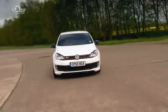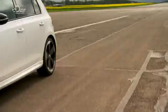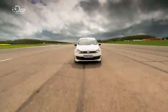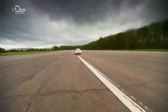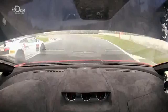Would you notice that on an everyday drive if you weren't doing a back-to-back fuel comparison? Probably not. Purely in terms of power delivery in this Golf GTI, I don't think posh petrols are worth the money. Filling this car with V-Power would cost £4.95 more per tank than filling it with Asda's petrol. And unless you're concentrating fully on your engine's behaviour, you can't really feel the difference. Still to come, Mario and I